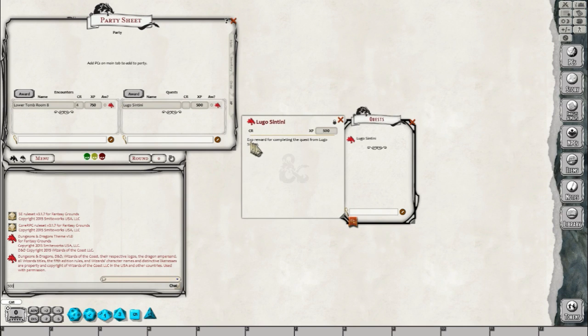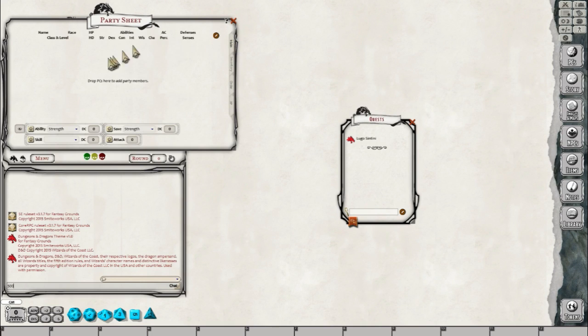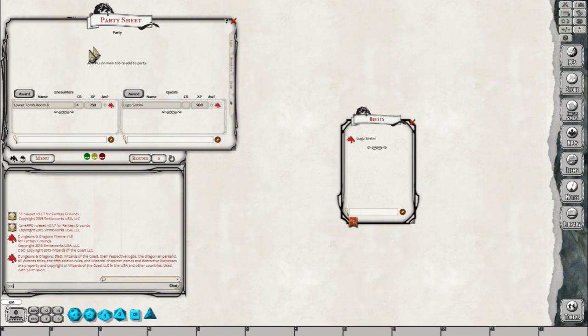There's the information for it, and you can even put more detail in there. It's unlimited data, so you can put as much information as you want in there. And then to remember, I have no characters in here, so you're gonna have to drag and drop all your characters that are in the game in the main tab, and then it'll bleed over to the EXP tab,